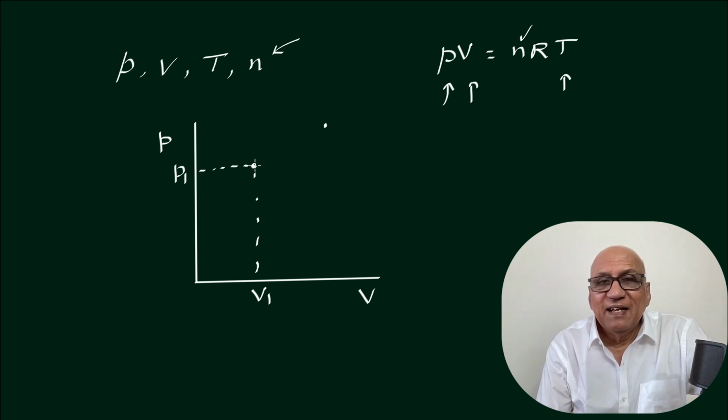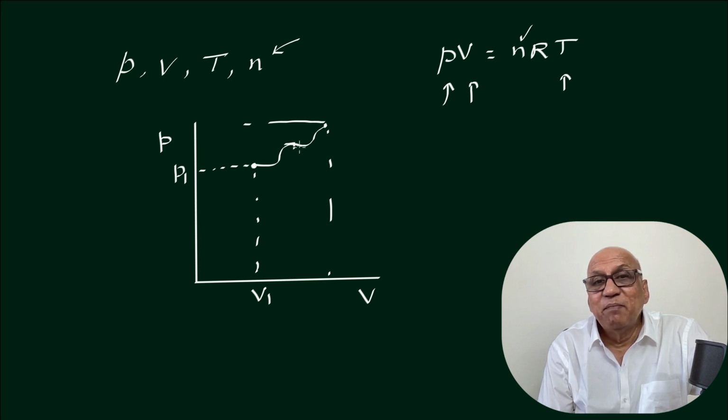Supposing I say that the gas goes from P1 V1 to this point P2 V2 along some path. Now you see, this path that I've drawn consists of an infinite number of points, each point representing an equilibrium state of the gas. In other words, the moment I draw a path on a PV diagram, it represents a process where I am taking the gas through an infinite number of equilibrium states, each of them being a point